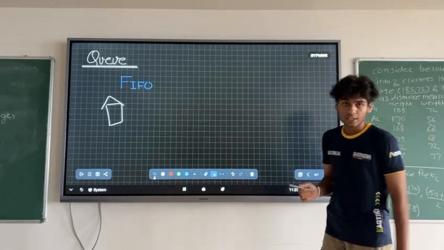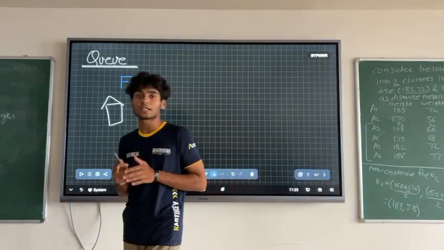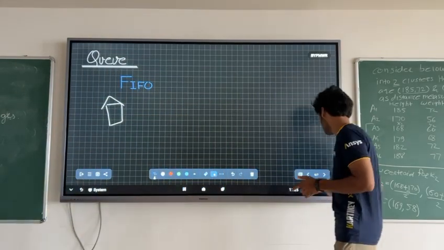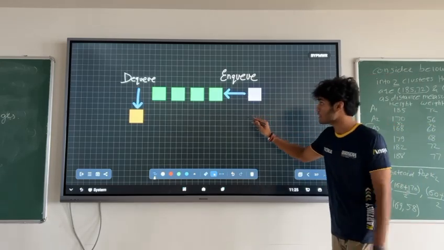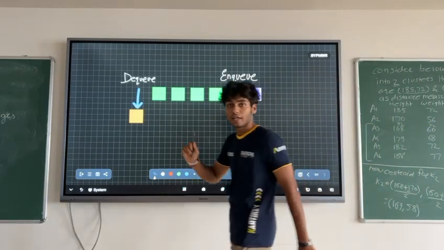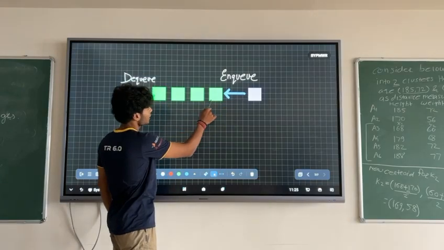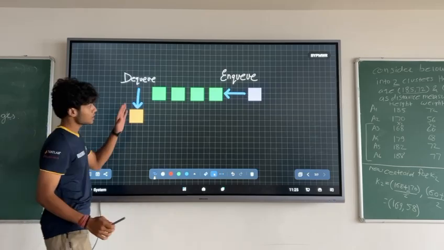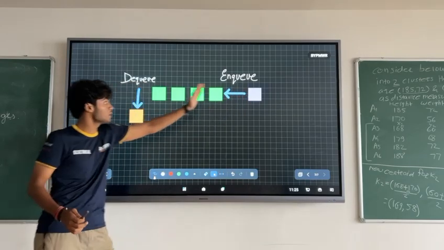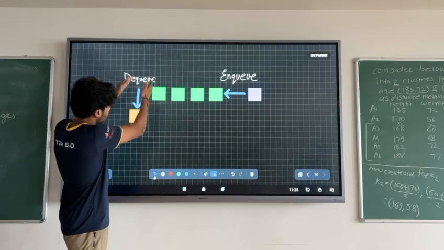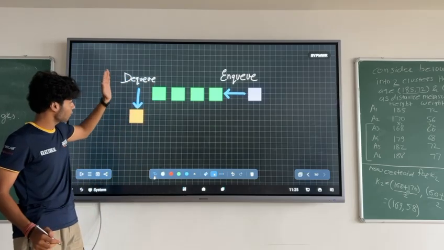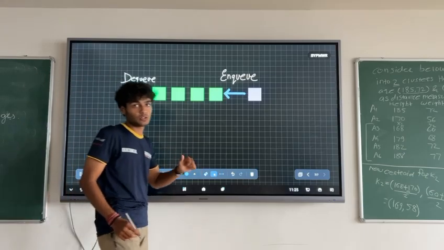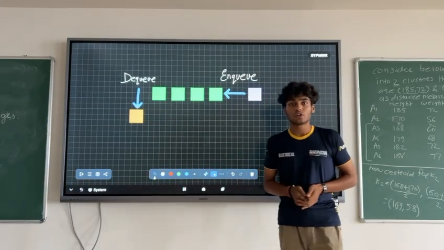Next, the things we discussed here of customers entering and exiting a shop are functions in queue which are called enqueue and dequeue. We can easily understand enqueue and dequeue functions from this illustration. In enqueue, we are inserting an element in the queue, while in dequeue, we are removing an element. As we can see, elements are being inserted from this side and are being removed from this side onward. This means that we first inserted this orange box and then at first we are removing this orange box. And this is called enqueue and dequeue functions.